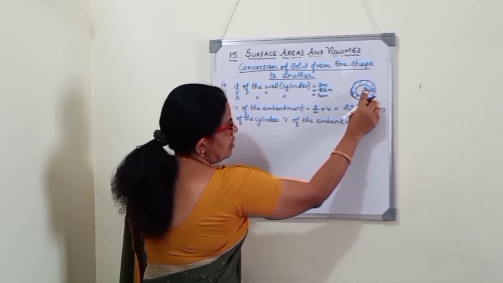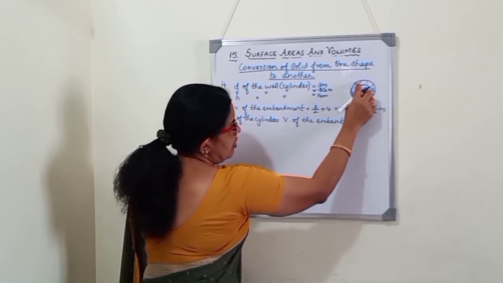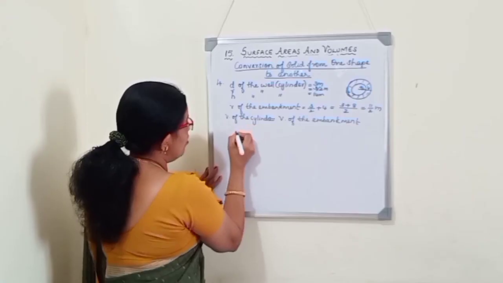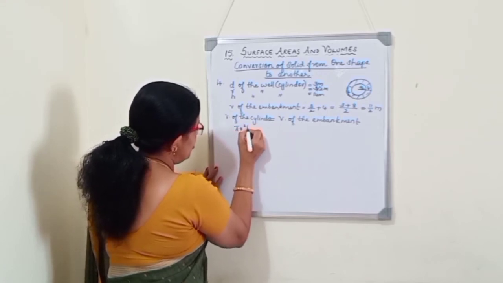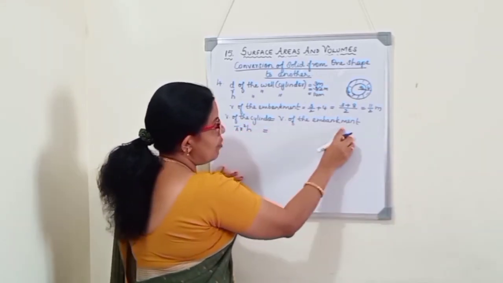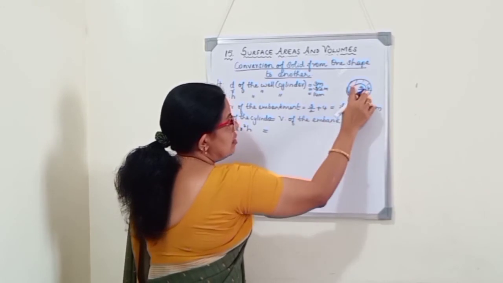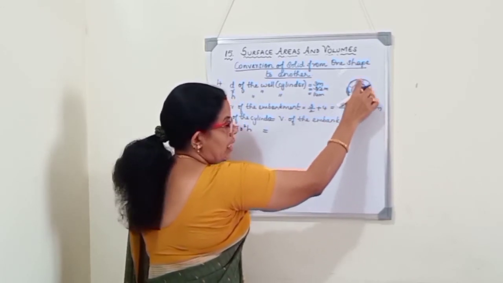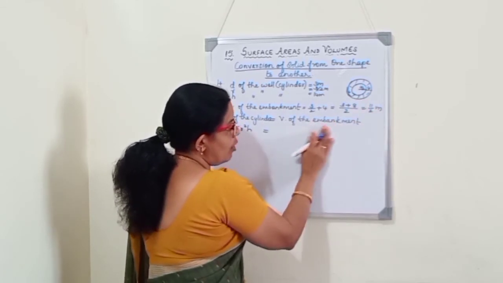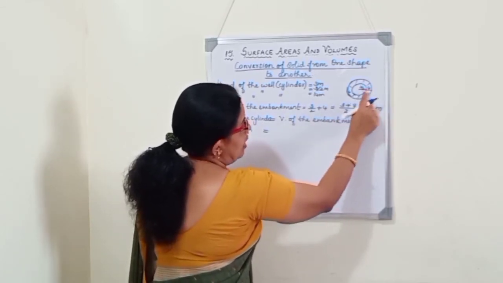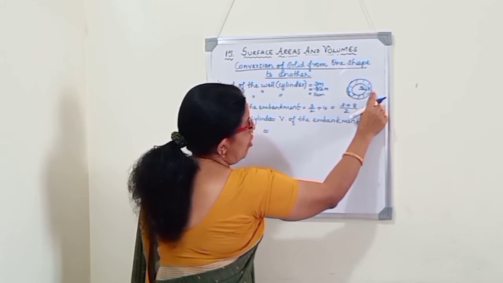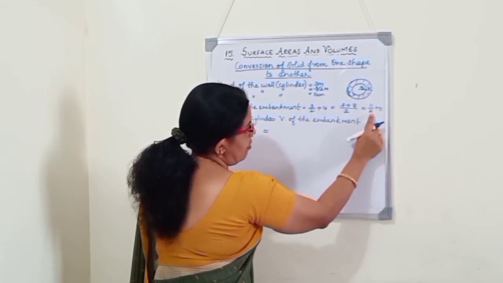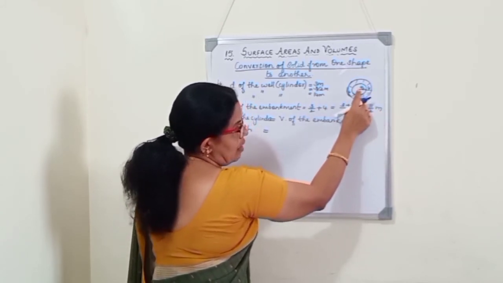So whenever outer radius and inner radius are there, we want to find this volume. The cylinder or the well is pi r square h, is equal to the volume of the embankment. See, this is the embankment, the mud which is taken out, evenly spread outside the well. So to find the volume of the embankment, we have two radii. One is from the center to this outer circle, radius is 11 by 2. For the inner circle, radius is 3 by 2.